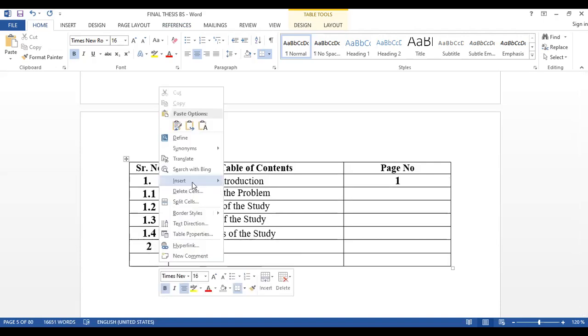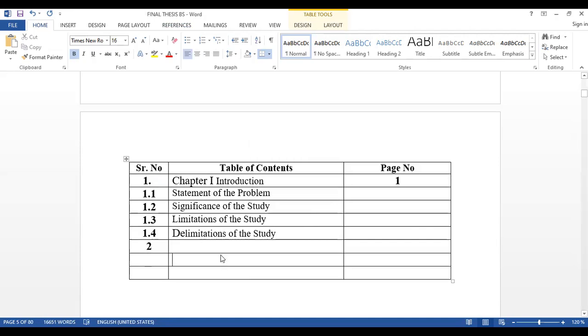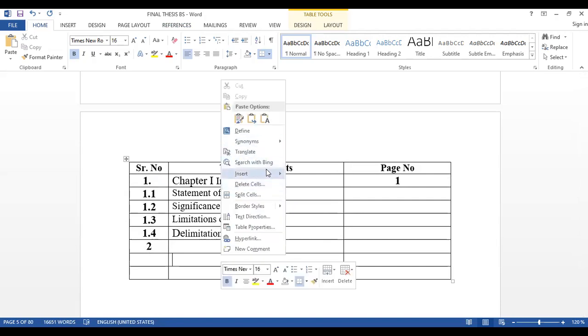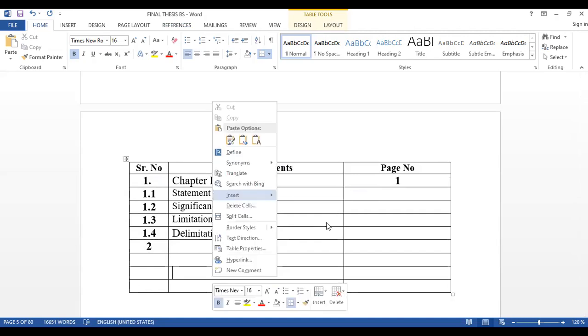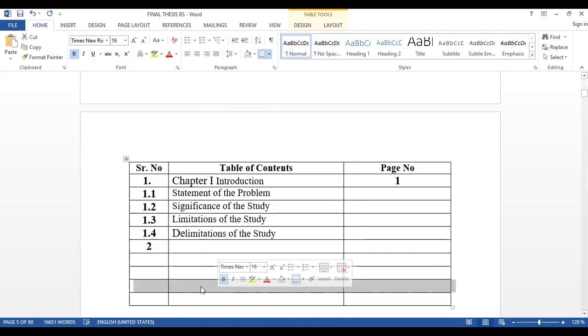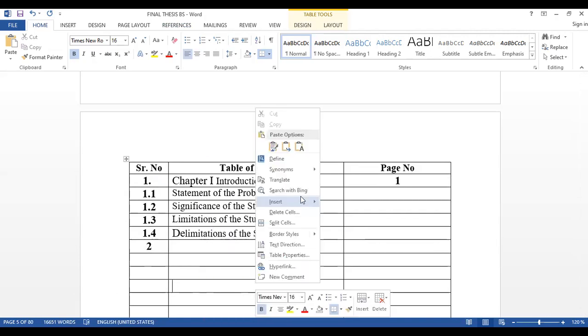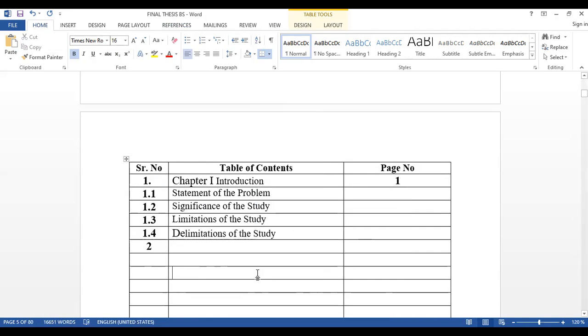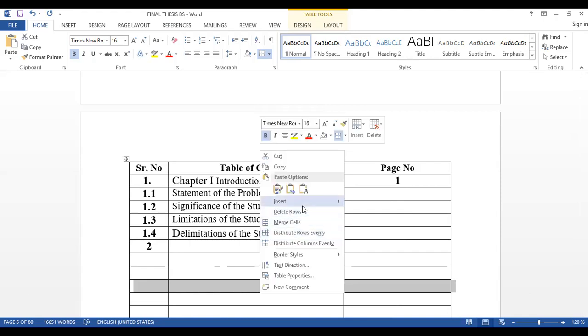I insert them in such a way, and number them 4, 5, 6, 7, 8, and hence the last one is 9.